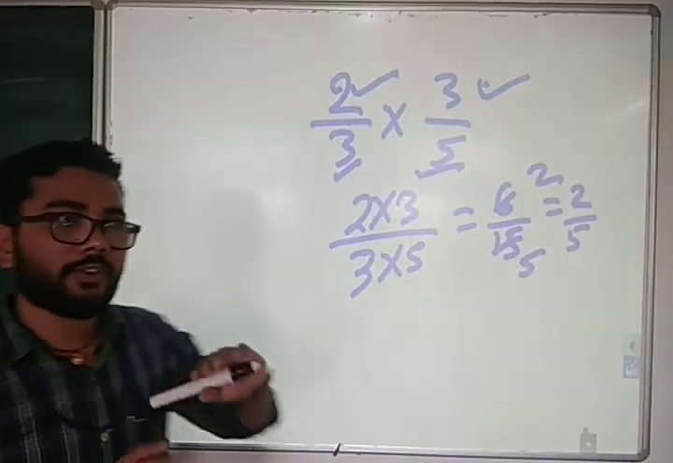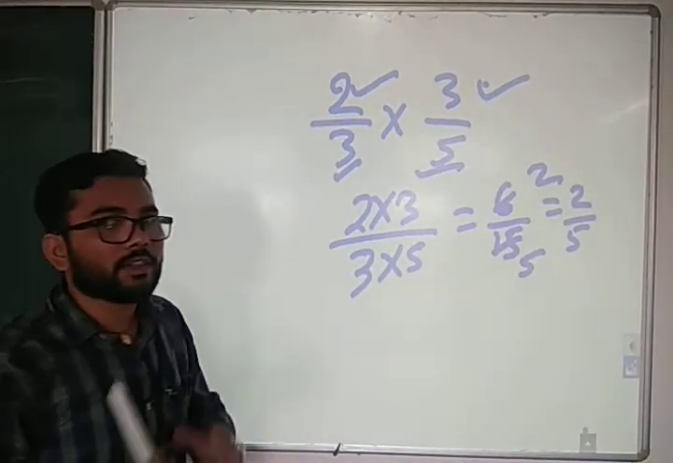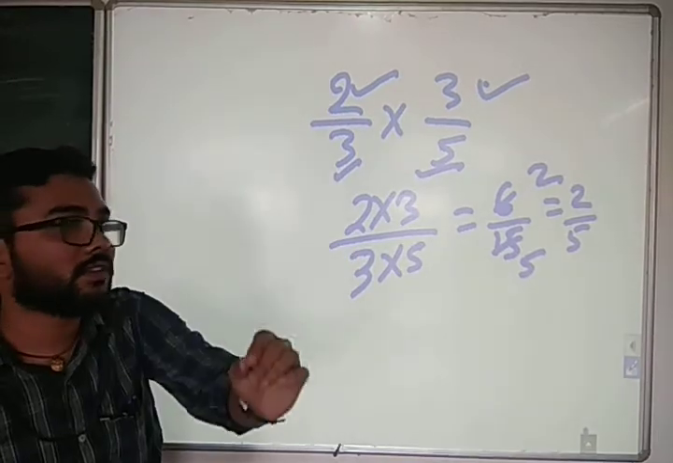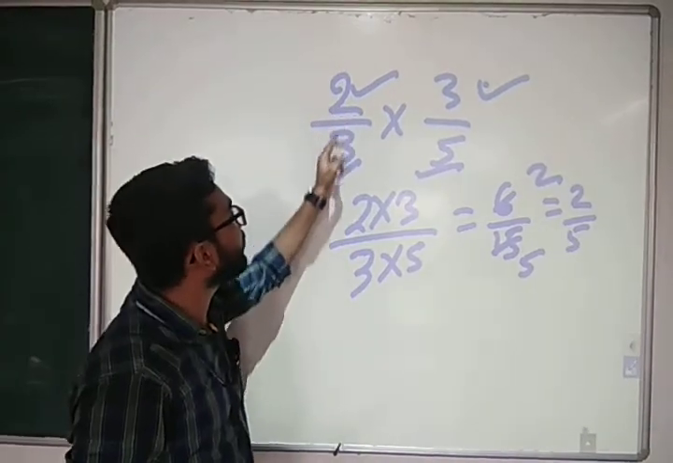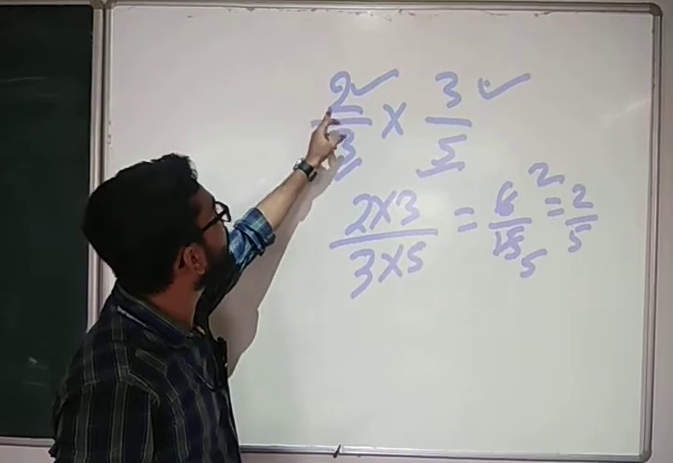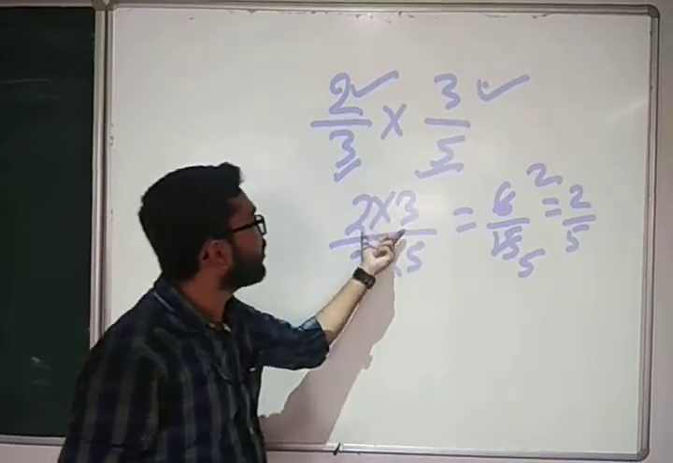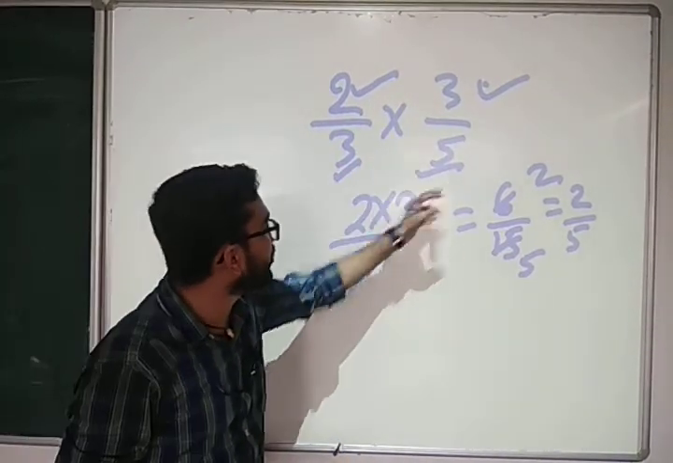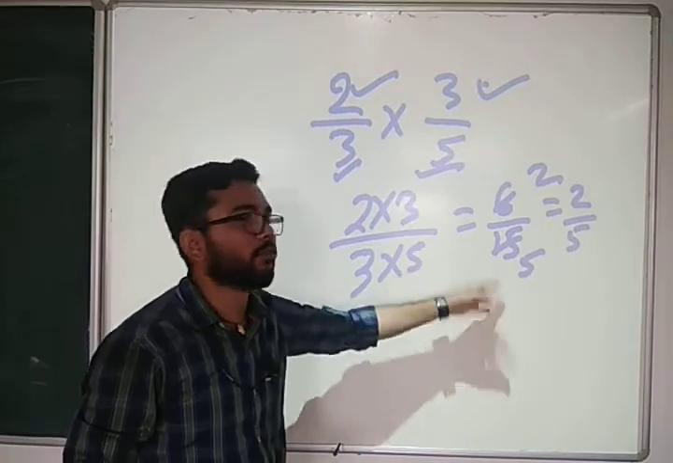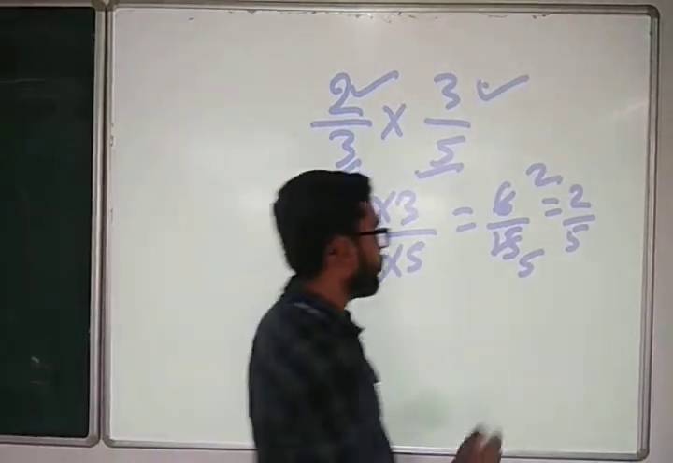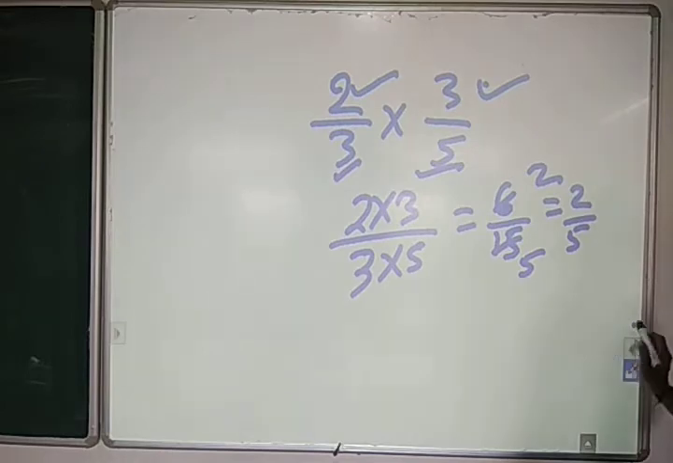So in this way you can solve. When you multiply a fraction with a fraction, just keep in your mind that you need to multiply numerator with numerator, 2 into 3, and denominator with denominator, 3 into 5, and then calculate. Isn't it? So similarly,